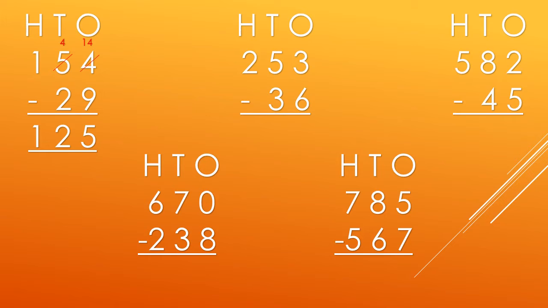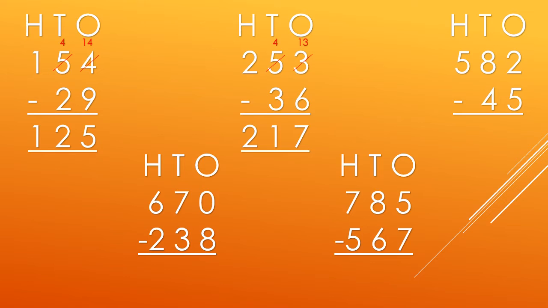Children, again we cannot subtract 6 from 3, so we will borrow from tens. 5 becomes 4 and 3 becomes 13. 1 tens and 3 ones is 13. So now 13 minus 6 equals 7, and 4 minus 3 equals 1, and single number 2 is there in hundreds place, so 2 will come in hundreds place. So 253 minus 36 is equal to 217.